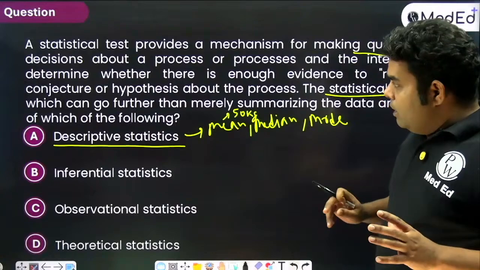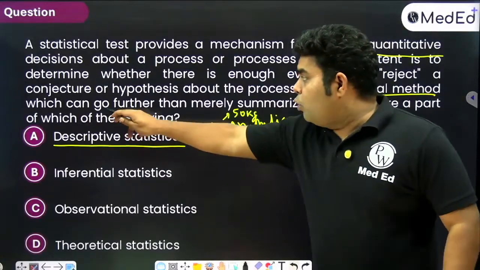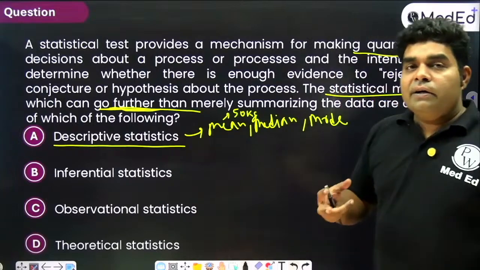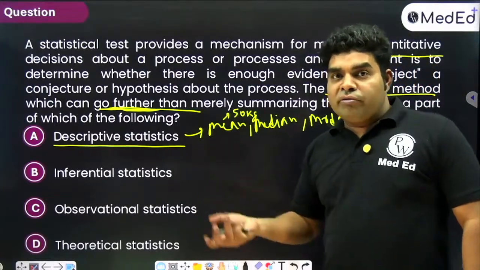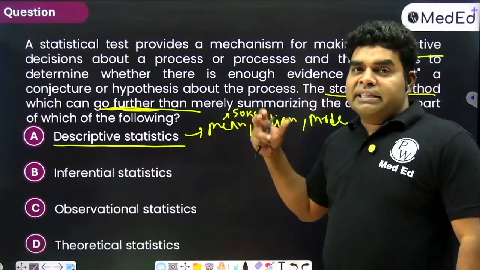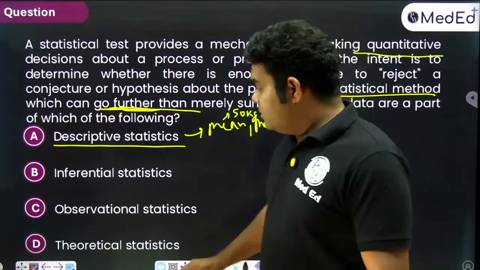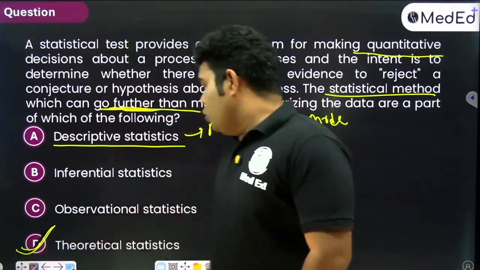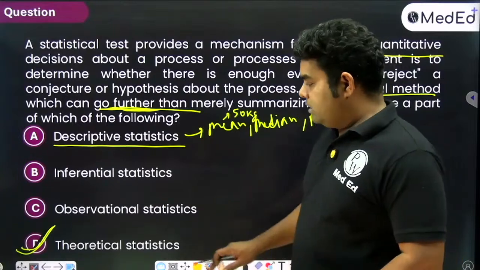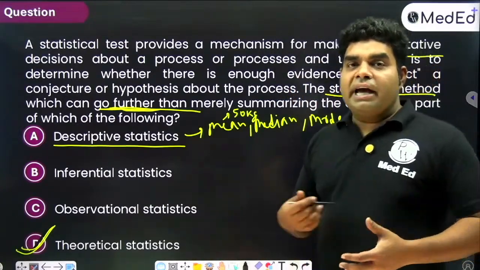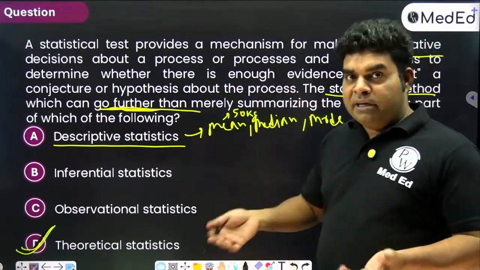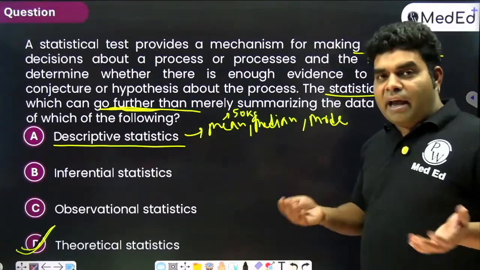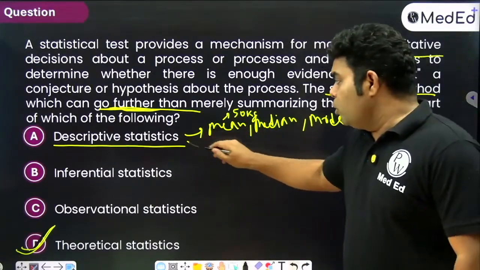But they are asking the question which can go further than just summarizing the data. You don't just summarize data, you also find out meaning out of it, like whether null hypothesis is accepted or rejected. This is known as theoretical statistics. Theoretical statistics is p-value, alpha, beta error, null hypothesis acceptance, rejection. That is theoretical statistics. Descriptive statistics, when you are describing data, example is mean median mode, and then measure of